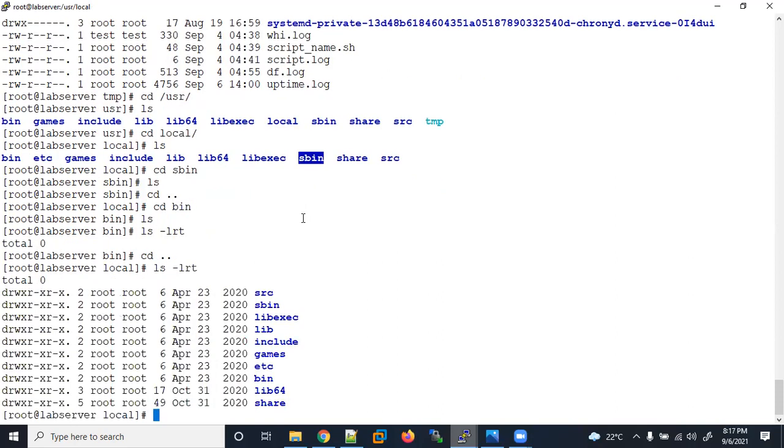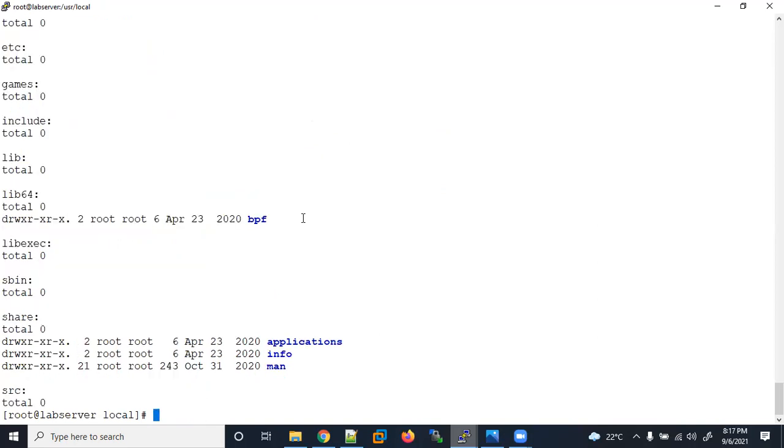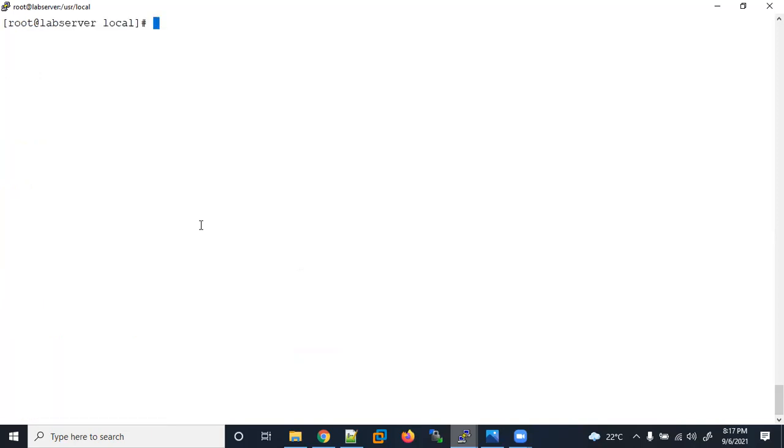Okay, so all are empty, nothing is there here. You will see 0. But sometimes, mostly when I have seen, when you go with source code, when you are installing any package using source code,